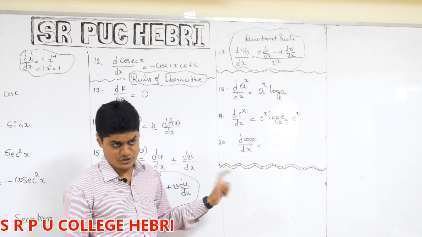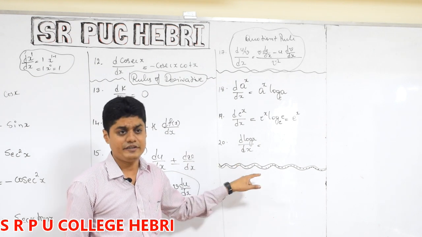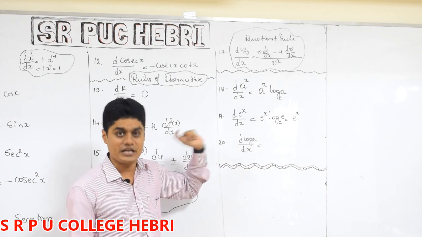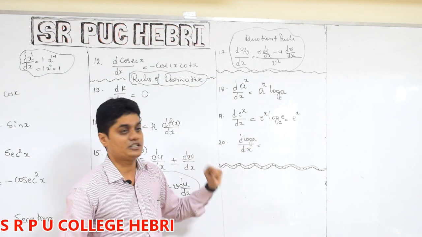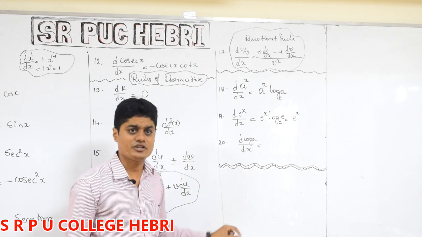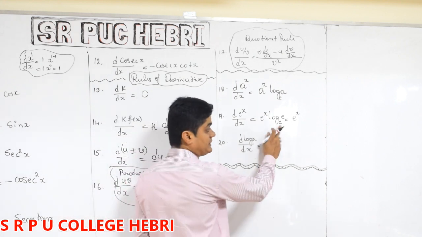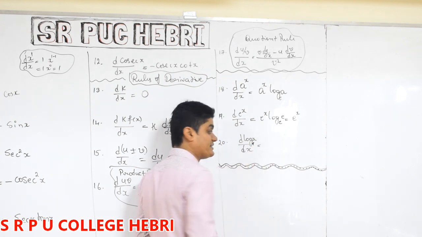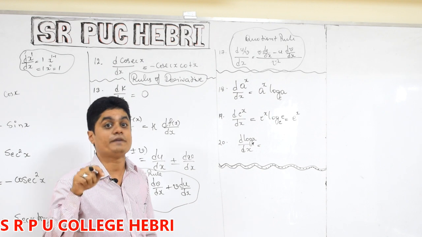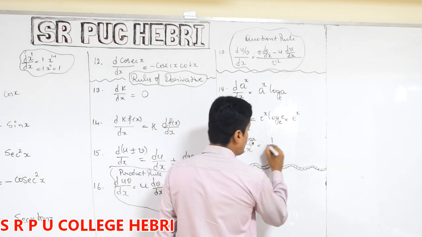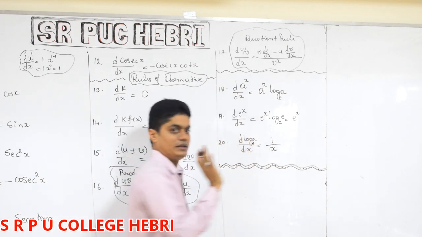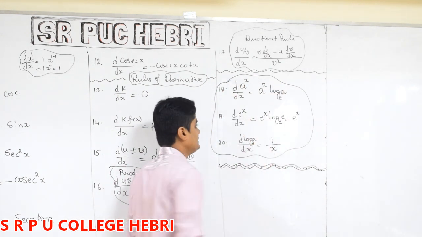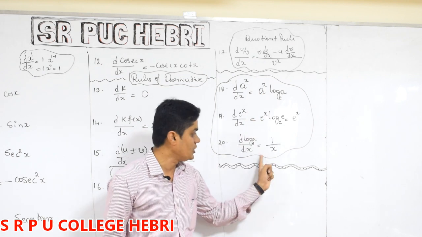This is only one function. Remember, its derivative is itself. It will not change if you differentiate with respect to any variable. This is one special function, its derivative is itself. Remember this, you have not studied it in first PUC, but it is required in second PUC. And next one, log of x to the base e. Remember, derivative of log of x to the base e is 1 by x. See these 3 formulas, you just remember them, don't worry why it is like this. This is called exponential function, this is called logarithmic function.